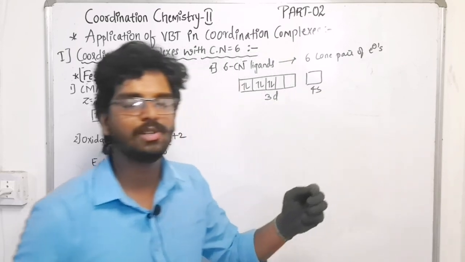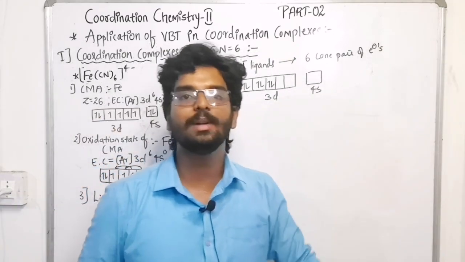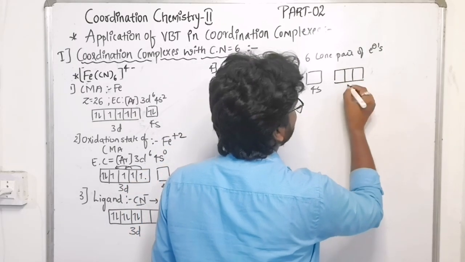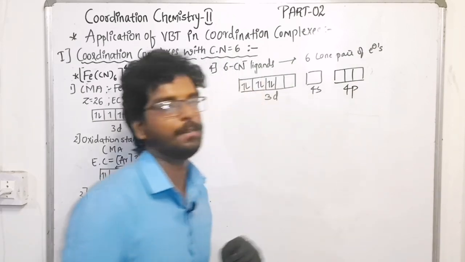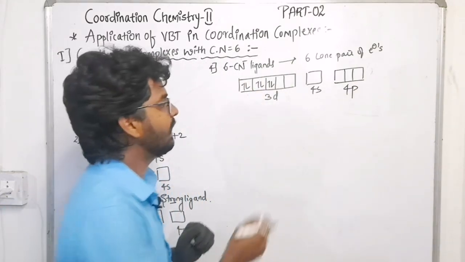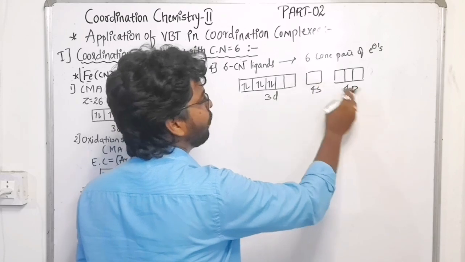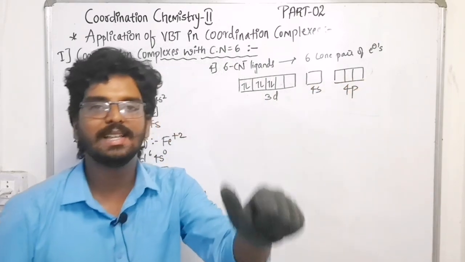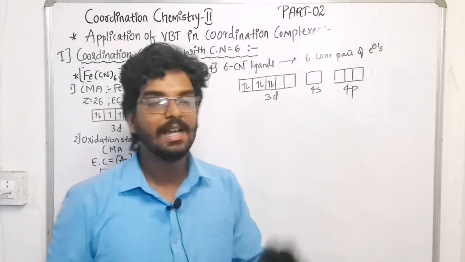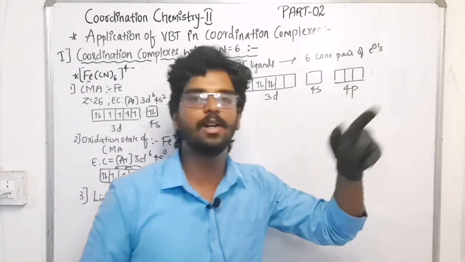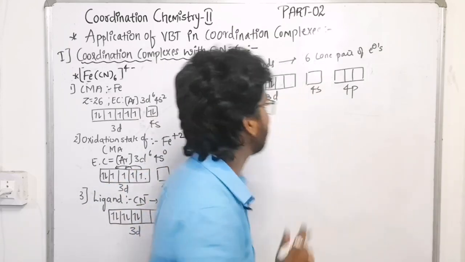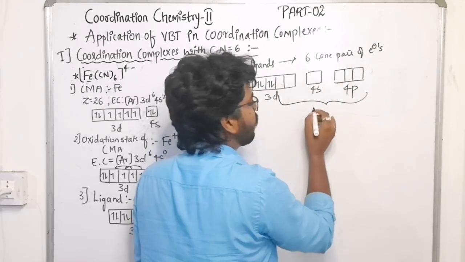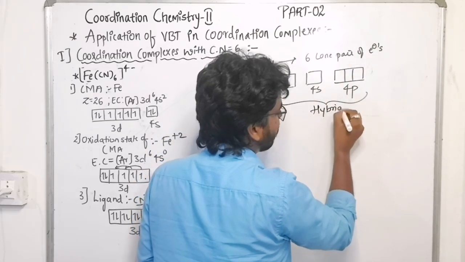And the Fe+2 is short of 3 more vacant orbitals, and that will be satisfied with the help of 4p orbitals. Very simple thing now. See here, 2 from d, 1 from s, 3 from p. So total how many here, 1, 2, 3, 4, 5, 6. So we have 6 vacant orbitals now. So these 6 vacant orbitals will undergo hybridization.